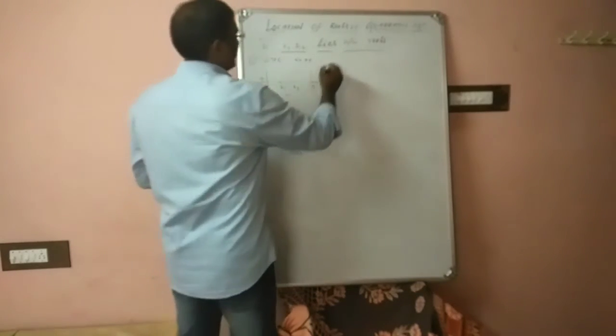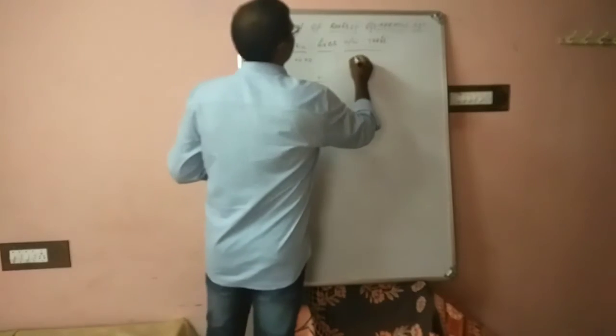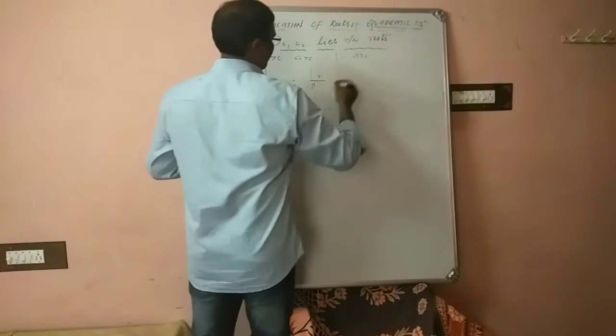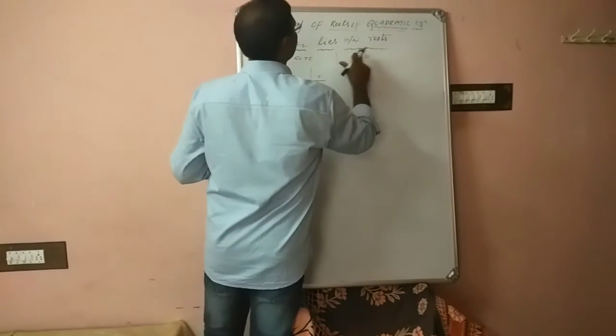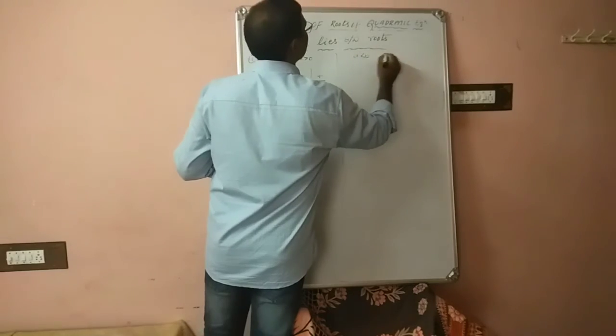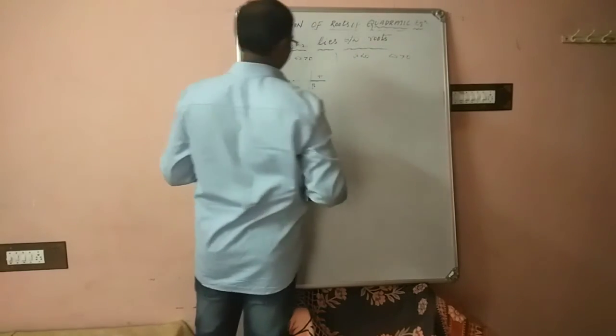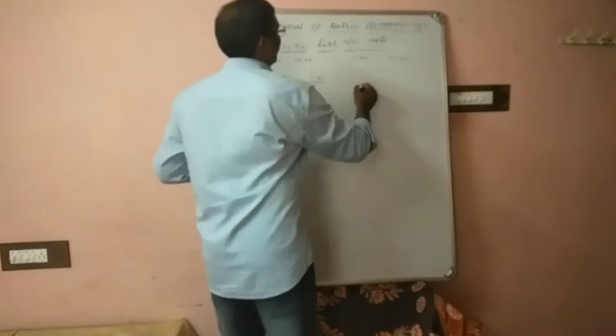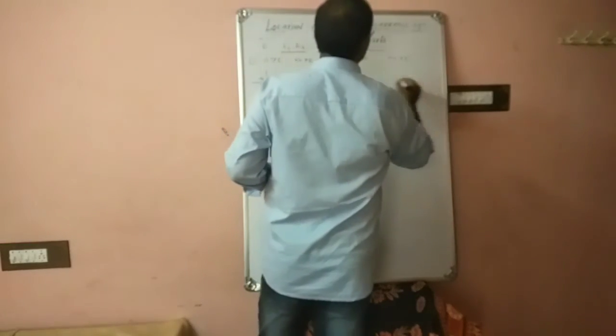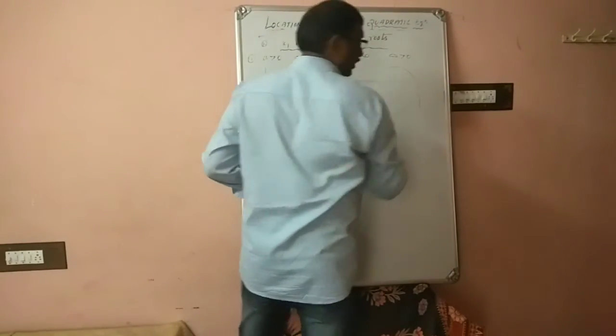And coming to another case, A is greater than 0, same. Okay, A greater than 0 is completed. Now coming to A less than 0 and delta greater than 0. So now again you have to go for A less than 0, we get a downward parabola.